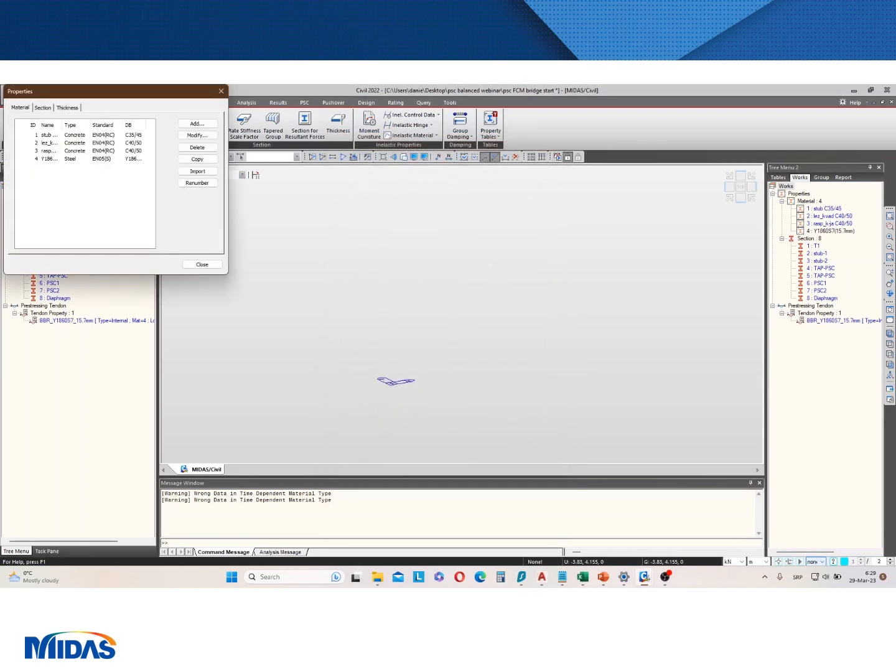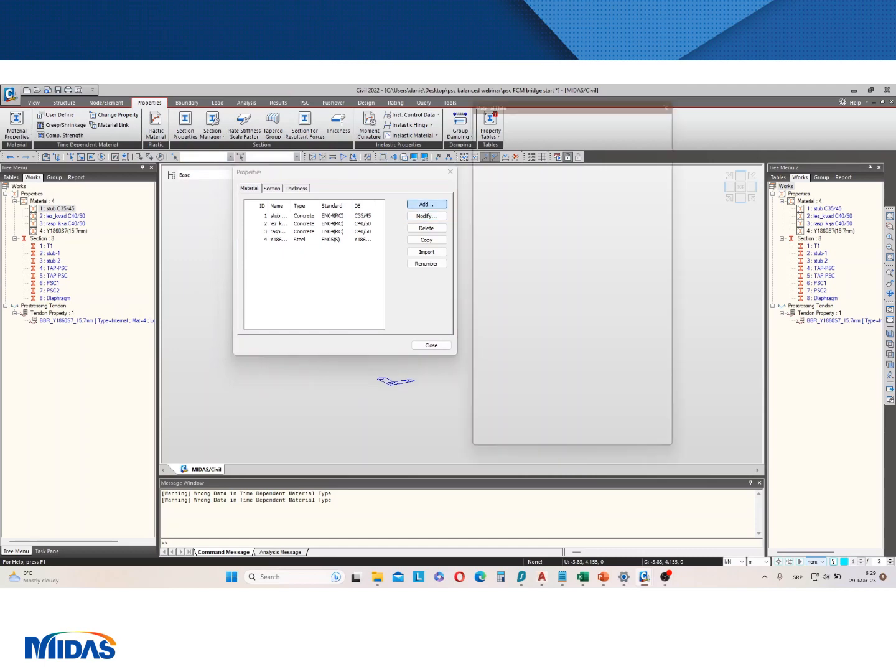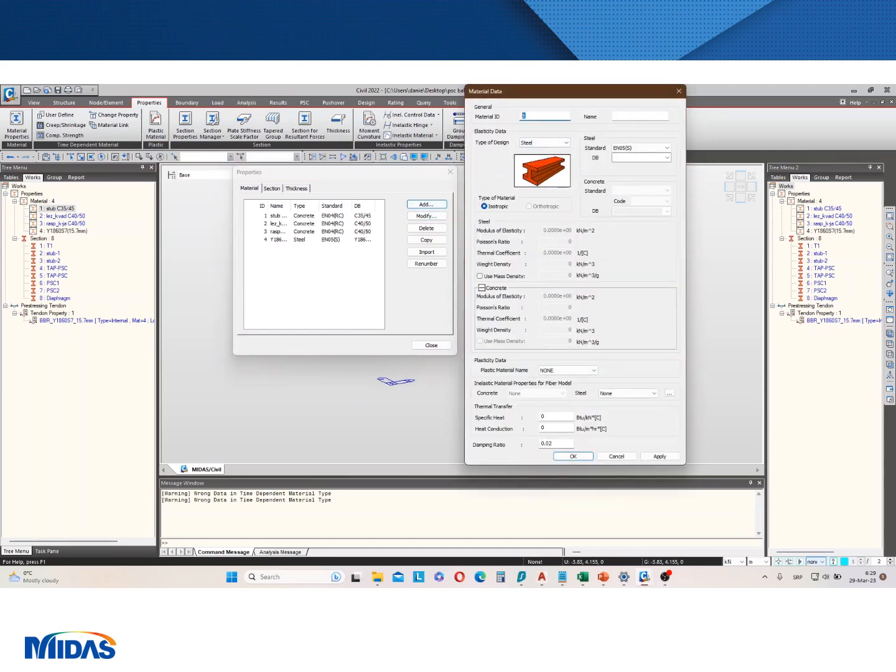define here. Click on material properties, you click on add, you define material ID, you give it a name, choose from database, let's say steel, and here we have numerous options to choose from. Let's say for tendon, you can see the grayed out values. You can check if everything is like you want it to be. This part we're going to skip because we don't need it for our project. And if we are satisfied with our input, we usually confirm it with OK, but we won't do this now